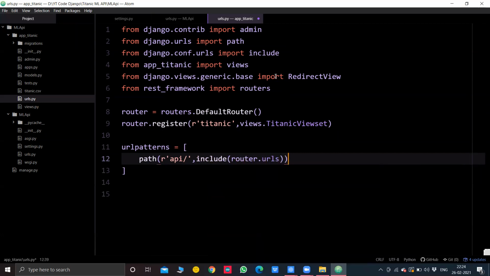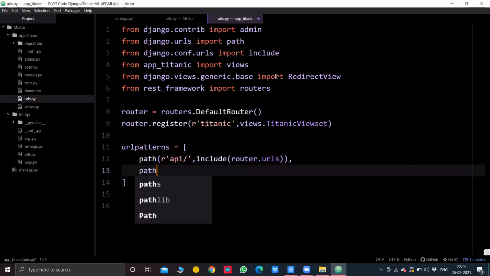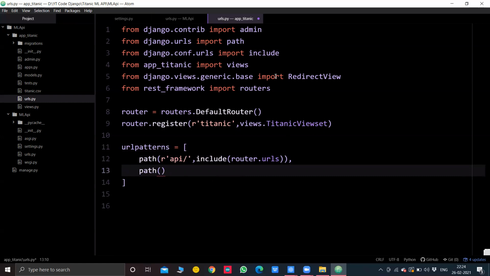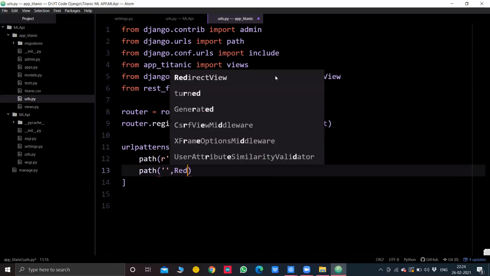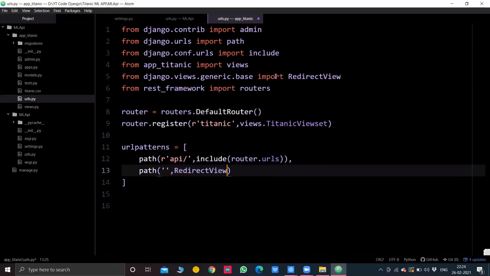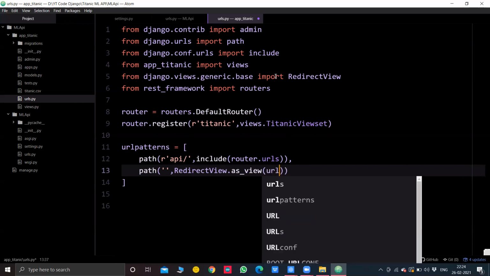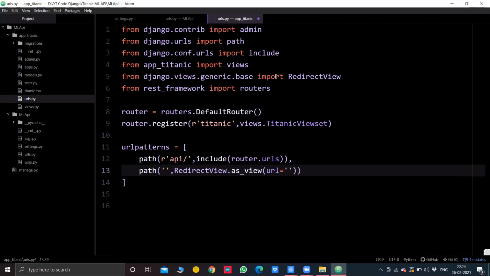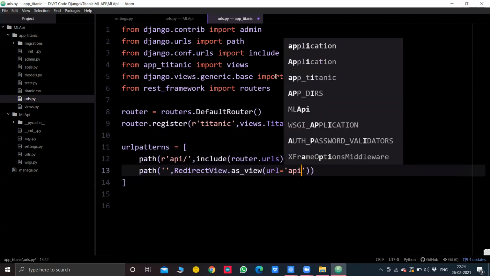One more thing, we'll have to redirect the blank section of our server, so I'll mention it as blank, and I'll redirect it using RedirectView.as_view, and I'll mention the same api/ as the URL. So url will be equal to, in quotes, api/.